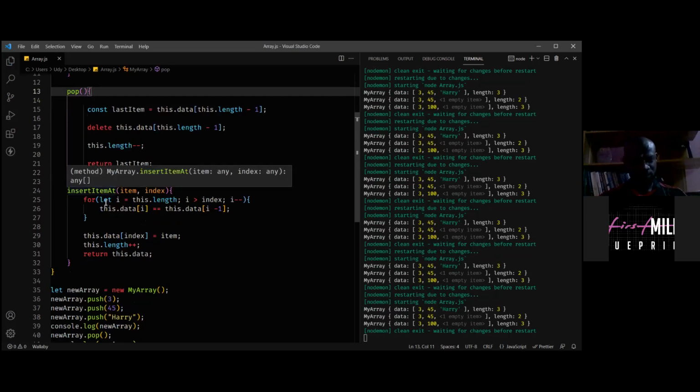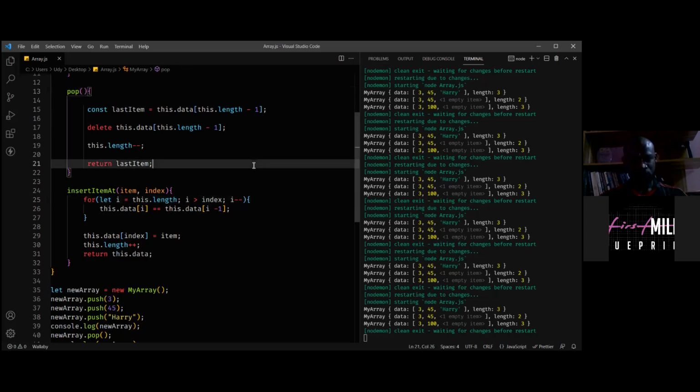We'd only be using the built-in method. Yes, because that's the basic purpose of doing the code implementation of an array instead of using the JavaScript built-in method.